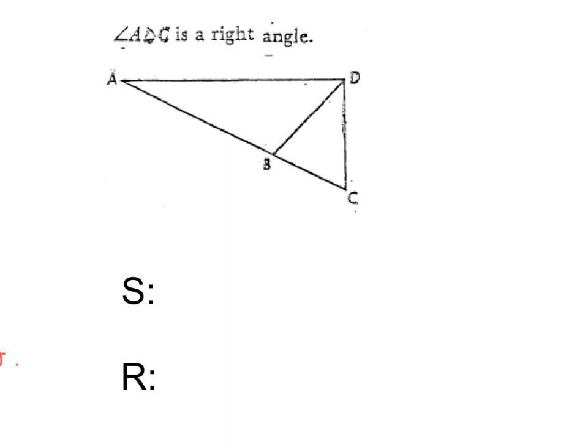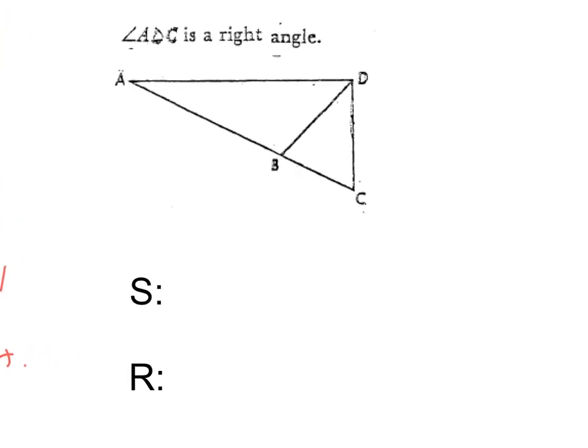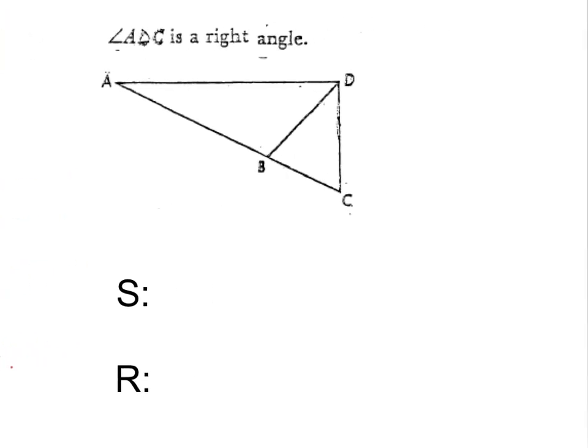And the last one here that I have for you is angle ADC is a right angle. I like this one because there's a lot going on in this picture, and you're automatically making like at least 3 conclusions in your mind. So we're really going to focus on what these words say. That we've got a right angle. What conclusion can you make right now? What are you thinking when you hear the word right angle? And I already know what you're thinking. You're thinking 90 degrees. So my first conclusion that comes to my mind, if I know this is true,